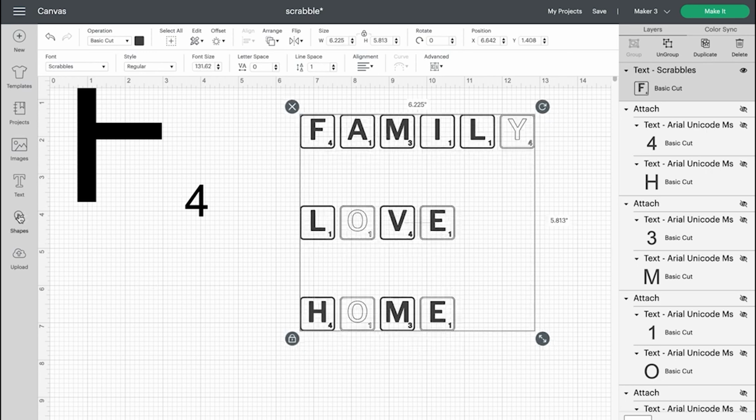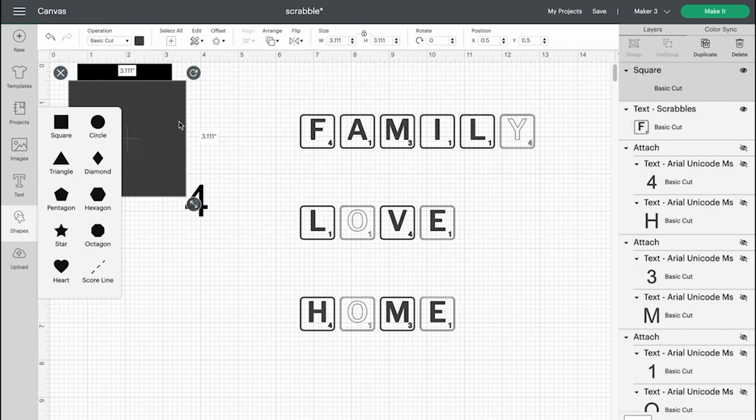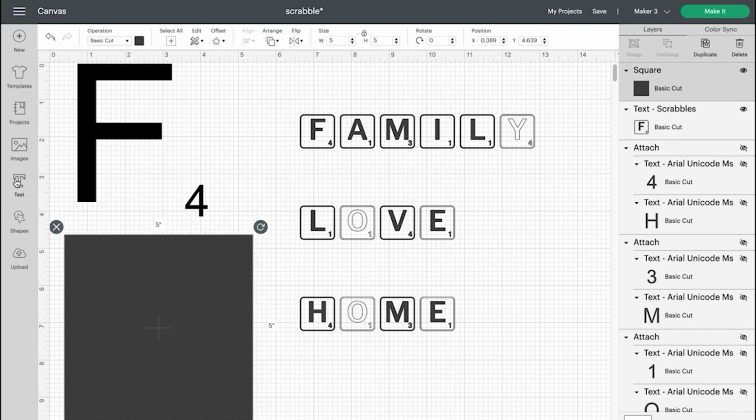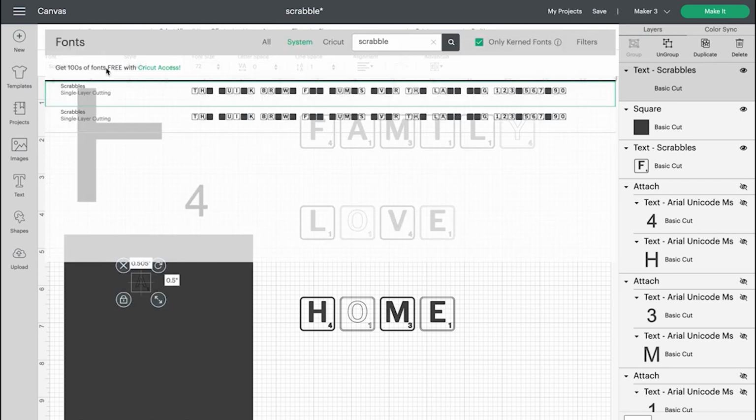The next thing I did was I went to shapes and I made a 5-inch square so I could size my tiles accordingly. So I just went to here and made 5-inch. Then the next thing I did is I went to the text and used all capitals. So I'm going to do the A, and I used the font Arial